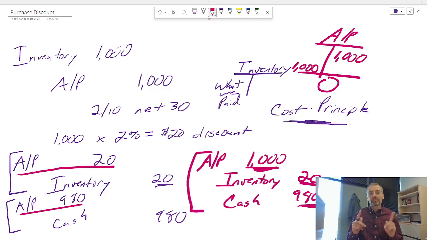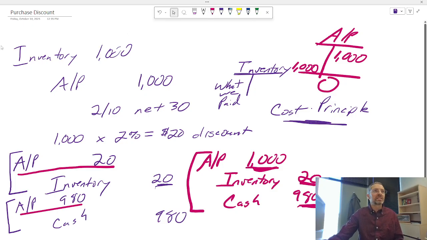So there are 2 different ways of looking at this. One is the 2-step process saying, all right, let's update accounts payable and inventory for what I'm actually paying, and then paying off the accounts payable. And then to get the homework right, combine those 2 into 1 journal entry. And then the other way of looking at it is just beginning with 1 journal entry from the beginning, saying I'm paying off all of my accounts payable. How much is that? How much cash am I actually paying? The difference goes to inventory. All right, so 2 different ways of looking at those discounts and how to do it.